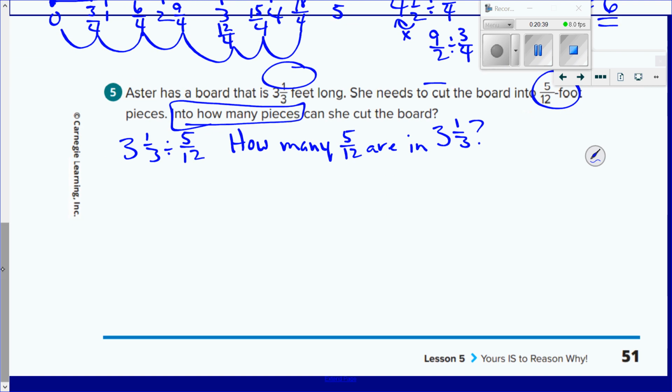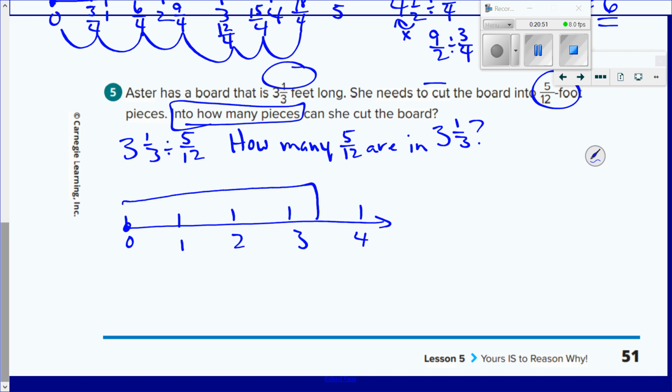So now to draw my model, it's a mixed number again. So I'm going to start at 0, go 1, 2, 3, and then 1/3. So there's what we're looking at for our dividend. Our divisor is 5/12, so it's actually even less than 1/2. So we have 5/12, then 10/12, which is going to be just less than 1, then 15/12, which is just over 1, then 20/12, not quite to 2 yet. Then we have 25/12, which is going to be just past 2,